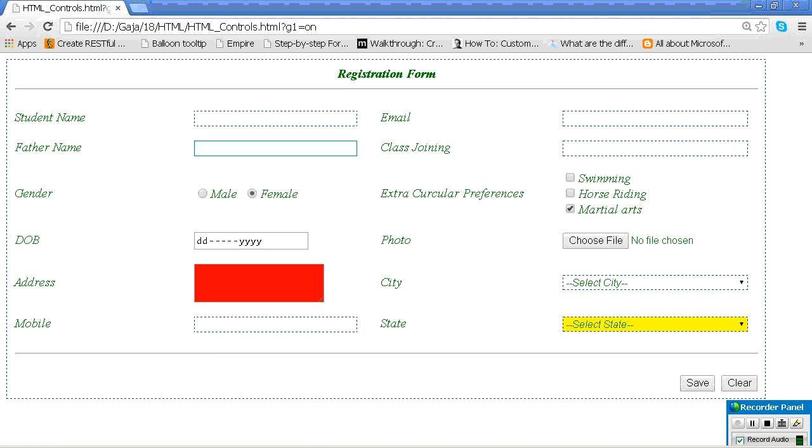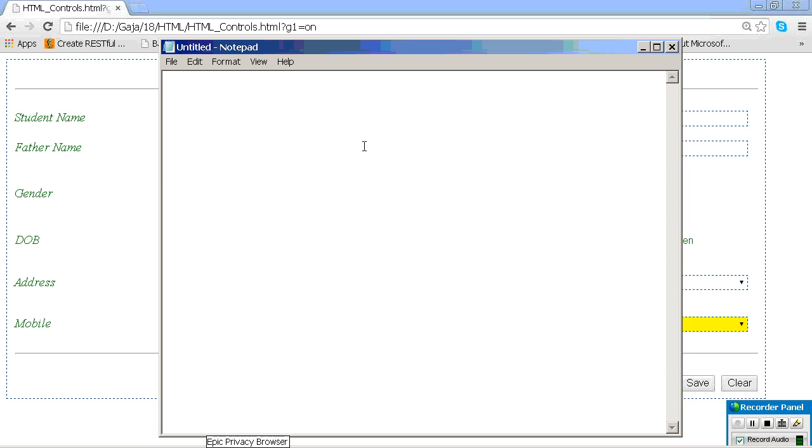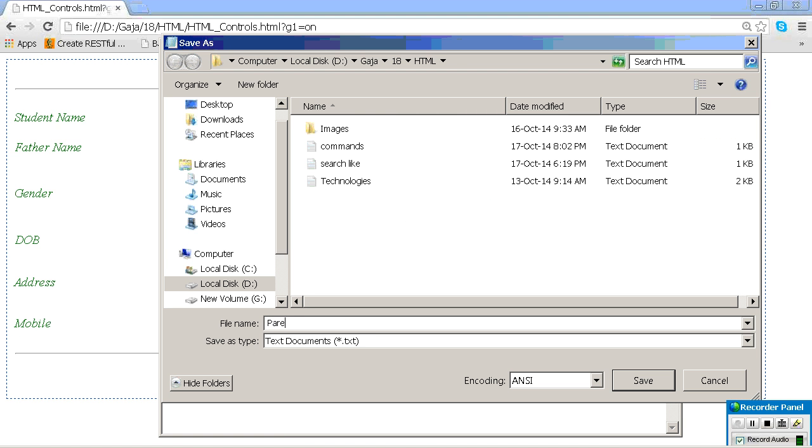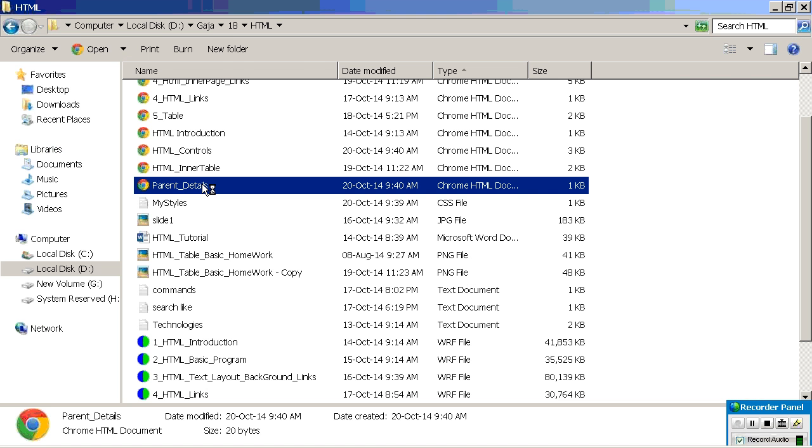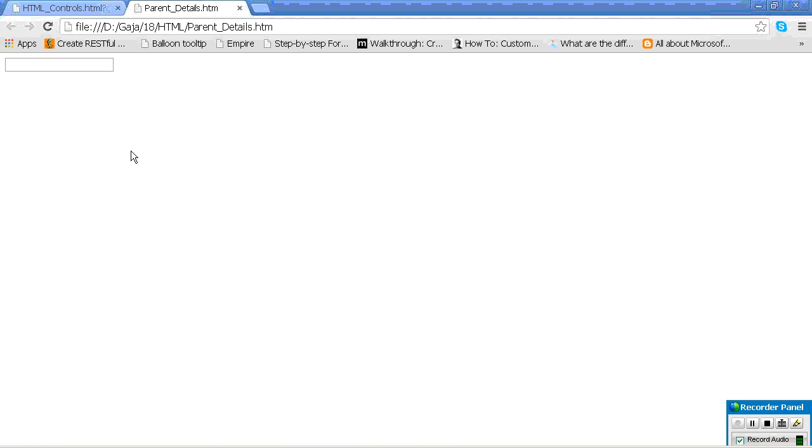Now I will create another page, details dot HTML. Here I will just write one control, input type equal to text, the normal text box, right?